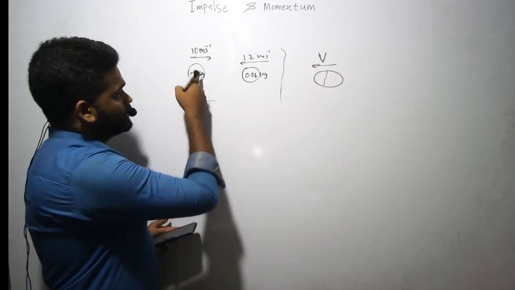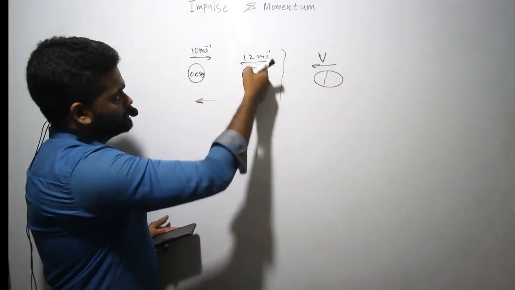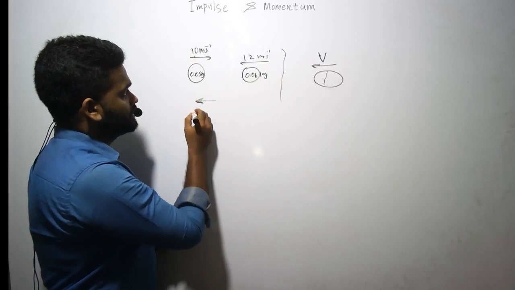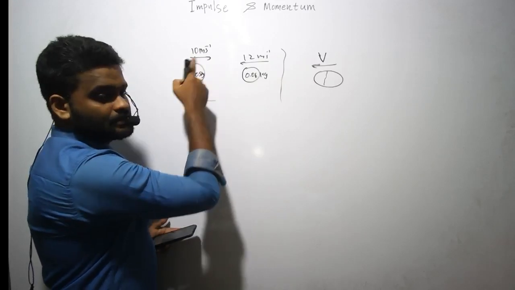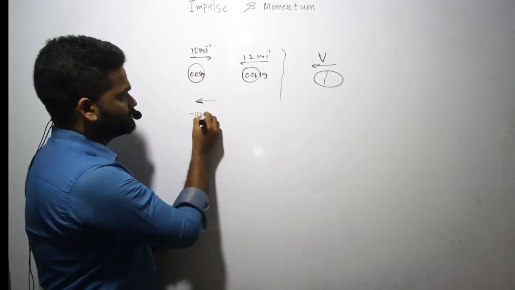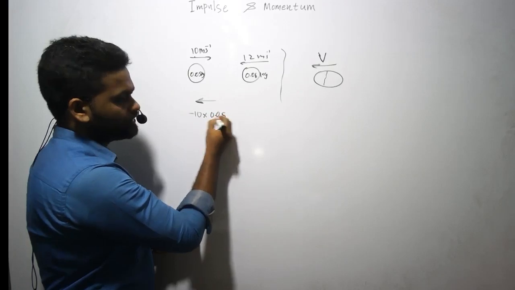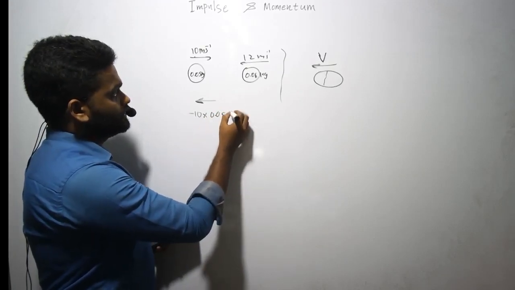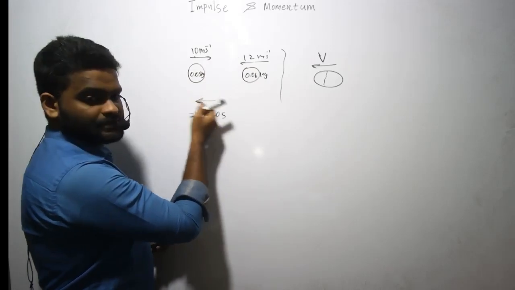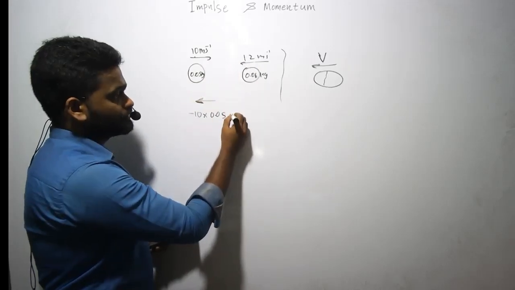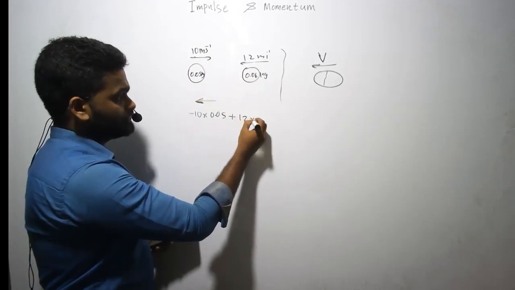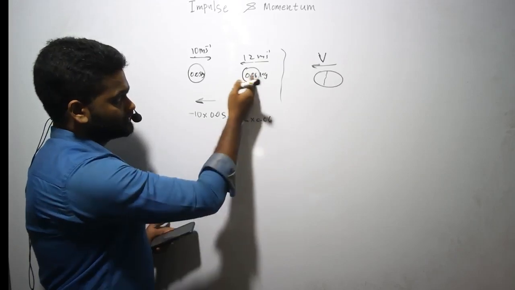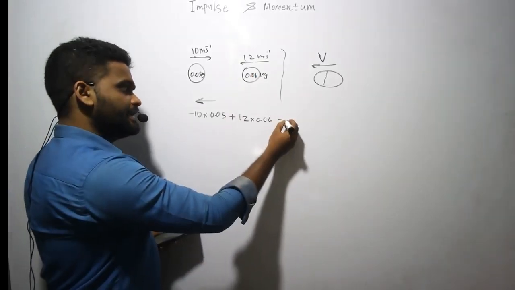right? So momentum here, before collision, it is moving to this direction. So I am putting minus 10 times 0.05. This is moving to this direction, right? So it is a positive. So that is 12 times 0.06 equals